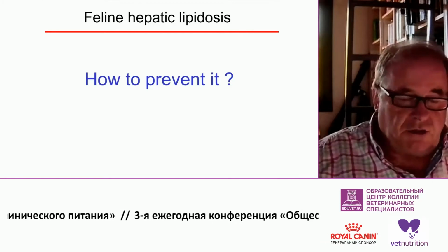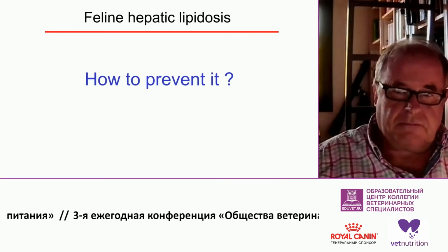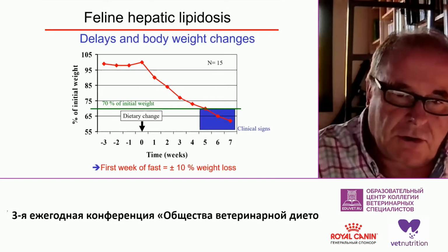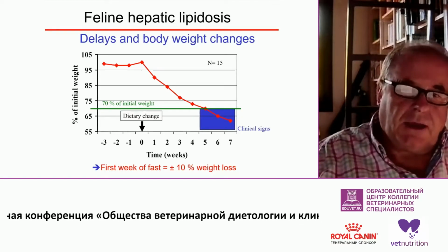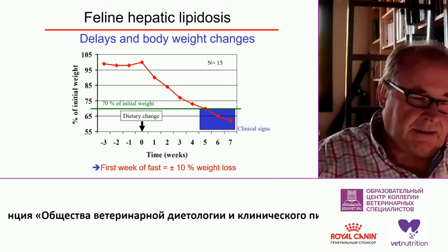Or, I mean, idiopathic or secondary. So, part of the work I did as a PhD student was to see if I let a cat fast, will that cat get hepatic